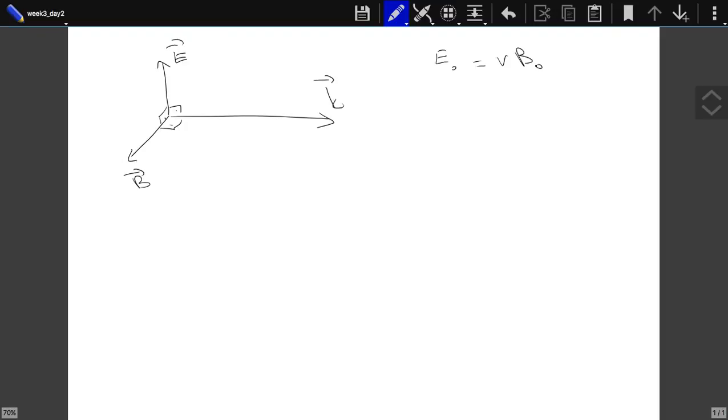I'm not putting c over here. V is the velocity of this electromagnetic wave in the medium. If the medium is vacuum, then V is equal to c. So V is basically c over n, n being the refractive index, and if you remember, we had derived that n was equal to